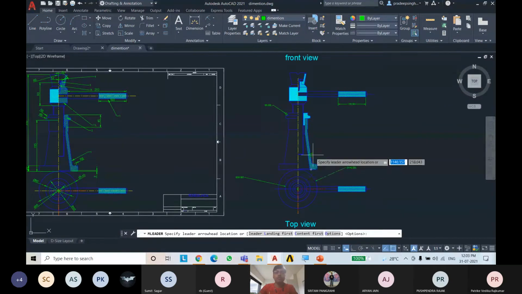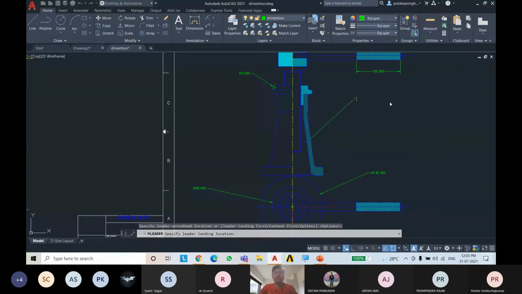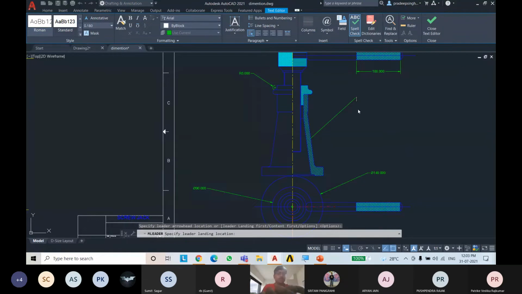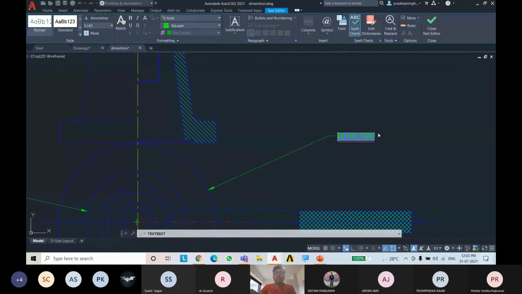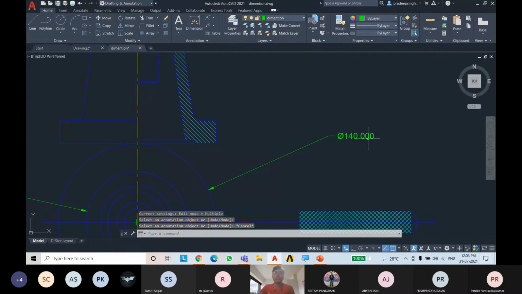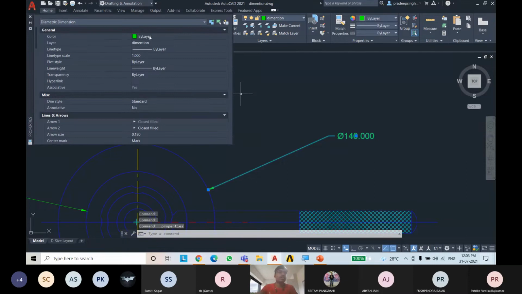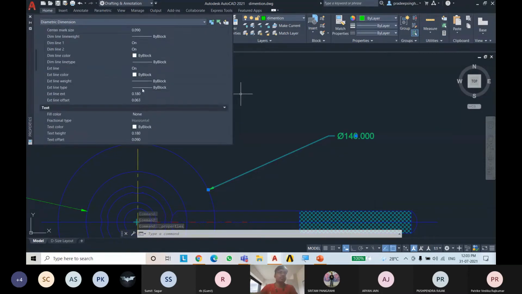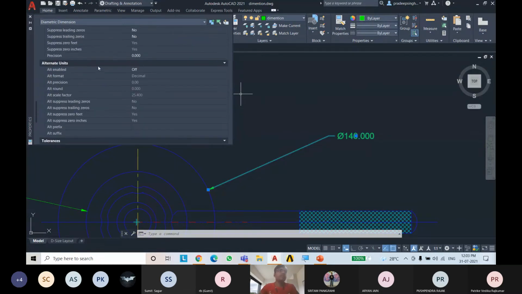If you want some arrow type, you can just go to this label, select any point, drag it, and you can type anything, like SQ square and 45, and just for the sake of it I will type anywhere. There are some options, like just click on it and right click. You can see different properties, like you can change color, dimension, everything. So you can see different types of properties.